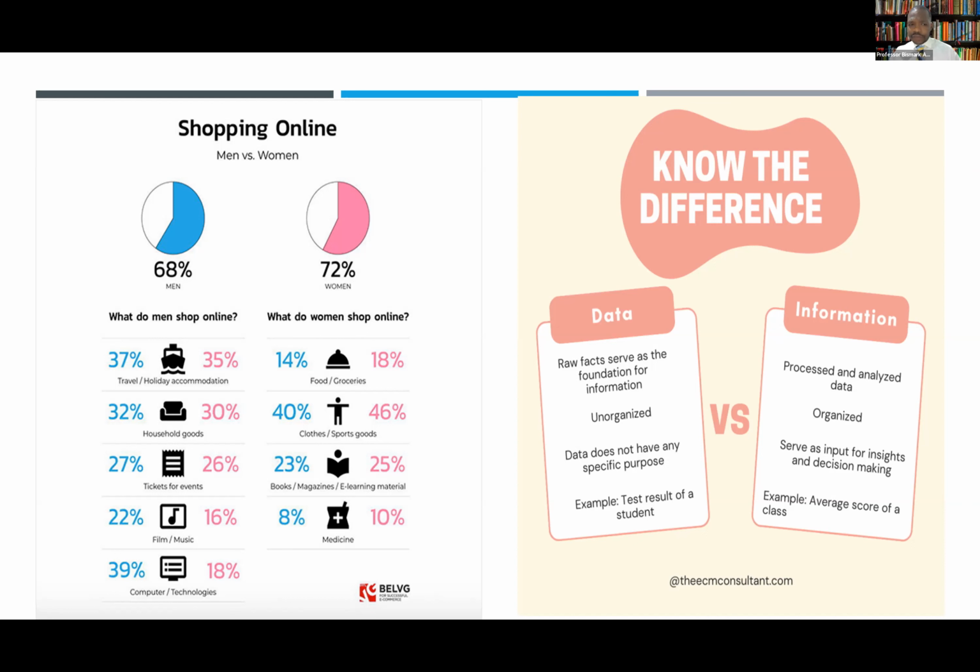So the first one, we are talking about online shopping. And the behavior of a man or a woman, how they shop online is really different. And we have the data to show it. So when you have a shopping cart or a shopping catalog and your target market is men, there are some items that men buy more than women, and vice versa. So let's start.